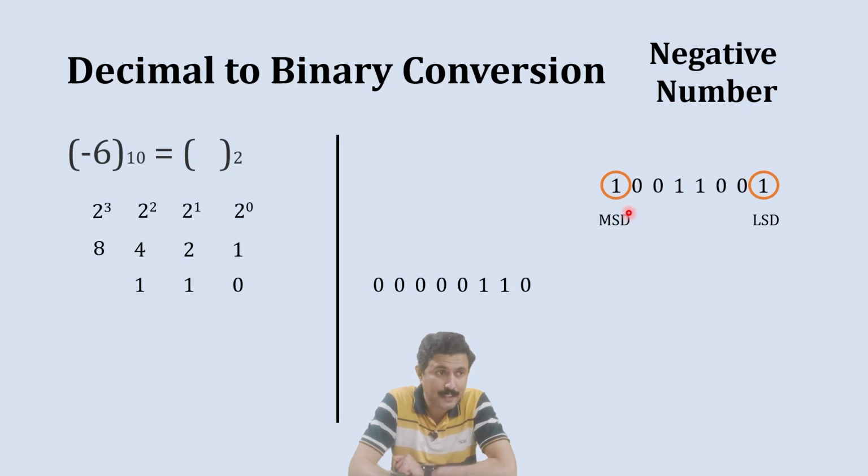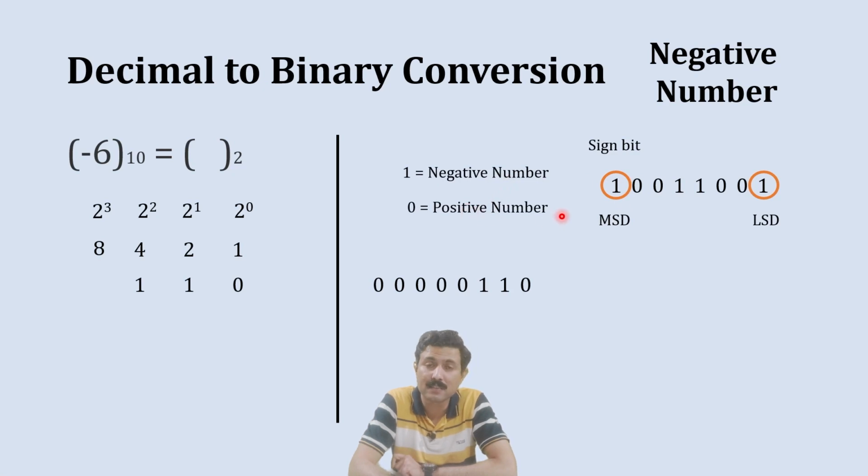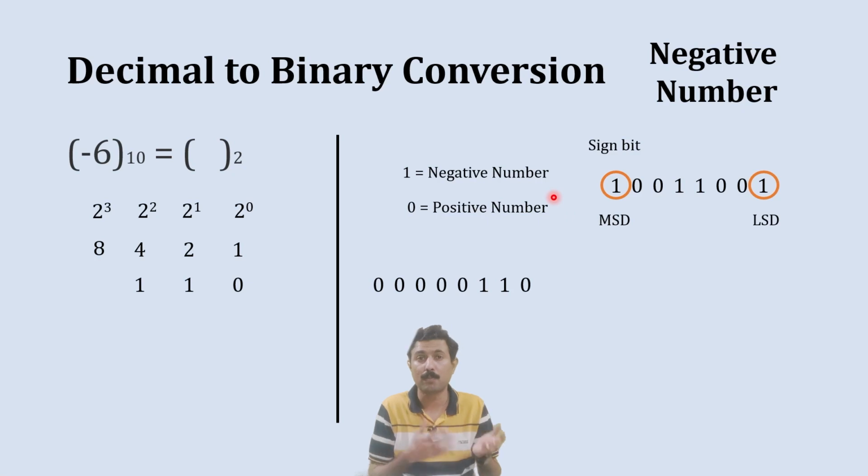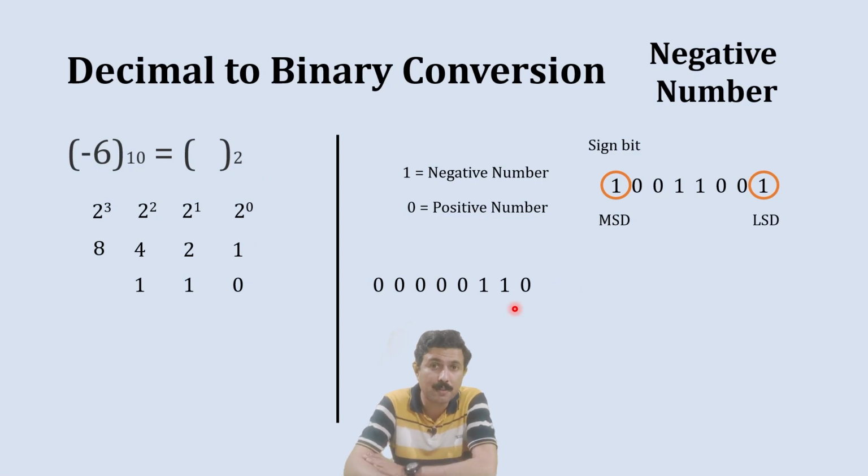This digit also indicates the sign bit. That means if the value is 1, it represents a negative number, or if it is 0, it represents a positive number. So to identify whether the number is positive or negative, this MSD is used. Now using this concept, we are going to convert the binary positive 6 into the binary equivalent of negative